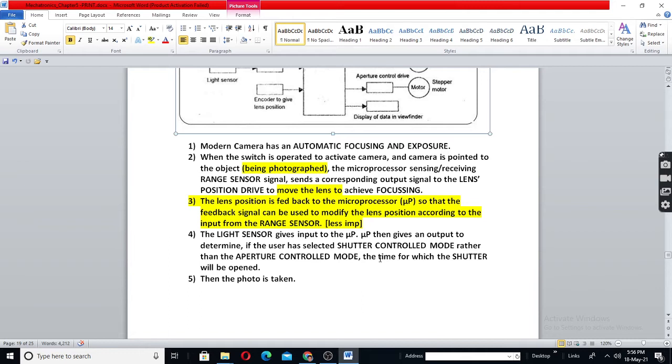If more light falls on it, the image would be lightish. If less light falls on it, the image would appear darker. So for the right image, the right exposure is necessary. This exposure can be controlled by two methods: shutter controlled mode or aperture controlled mode.